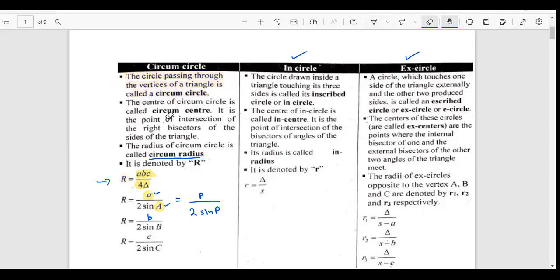हम बात करते हैं दूसरे टाइप के सर्कल की। इसको मैं रेज कर रही हूँ, प्लीज टेक अ पिक्चर ऑफ इट। ये आप सबके पास बुक में है, ये किप्स की बुक से ही मैंने उठाया है। अच्छा, नाउ वी हैव इन सर्कल। इन सर्कल क्या है? The circle drawn inside a triangle touching its 3 sides is called its inscribed circle or incircle।